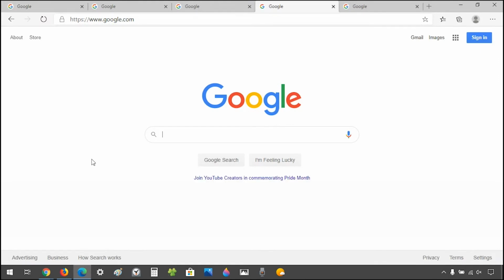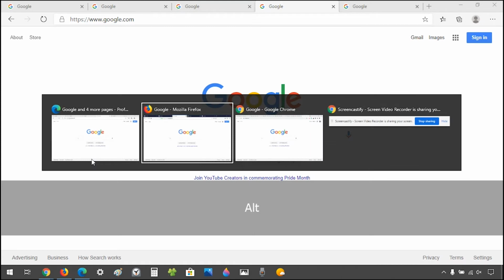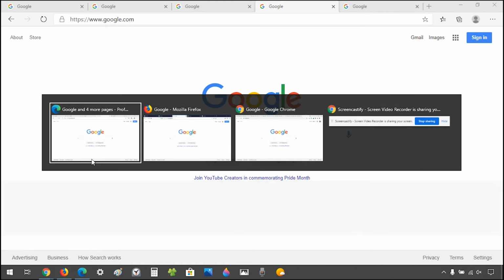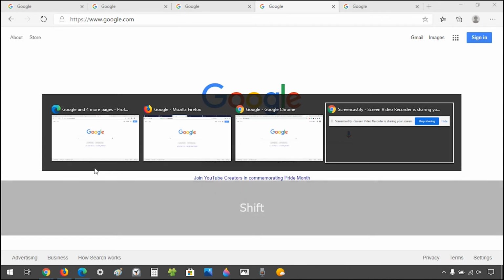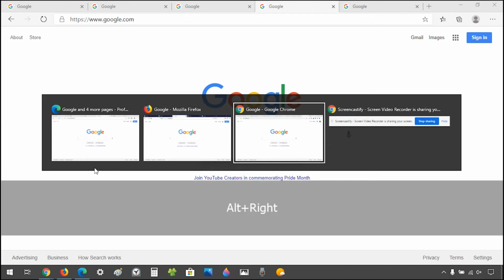Next up, we have the app navigation shortcut, which is simply Alt Tab. This also shows me a brief overview of all the apps I have, and I can just keep on doing Alt Tab to go to the app that I want. I can also do Alt Shift Tab, and I can use arrows, so Alt left, right, I can do up and down.